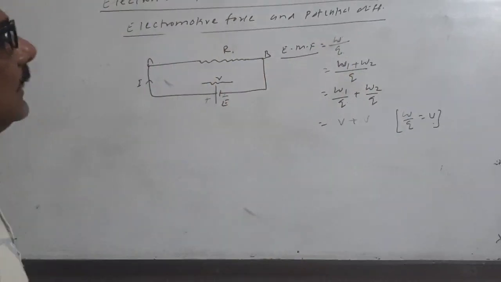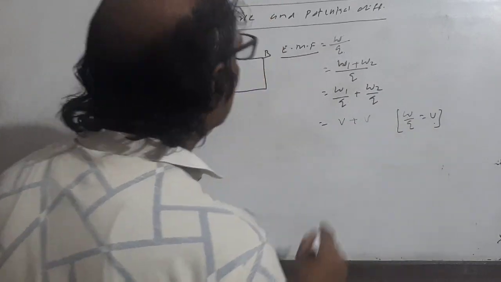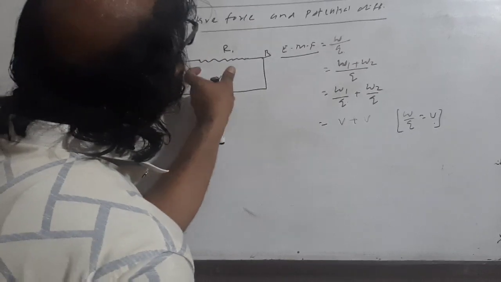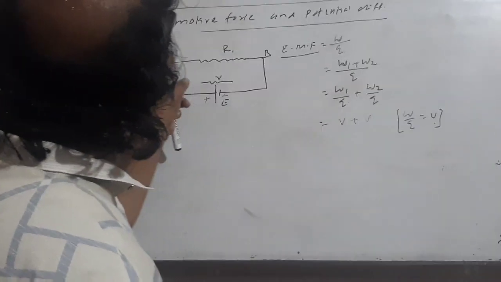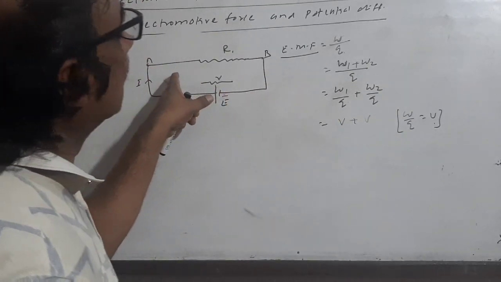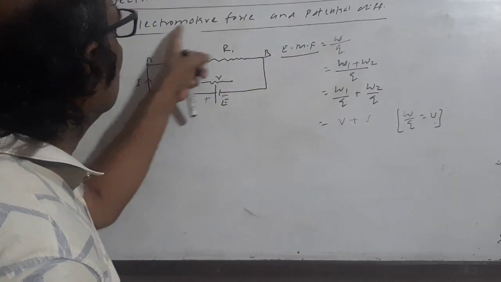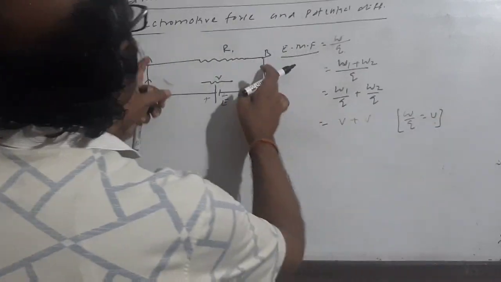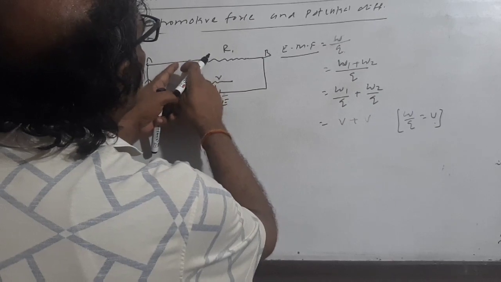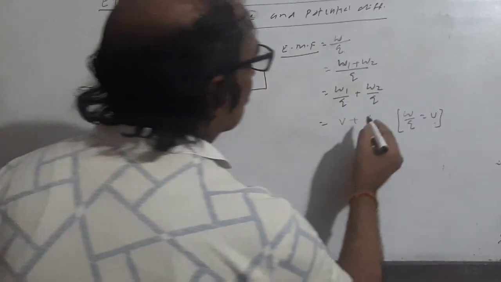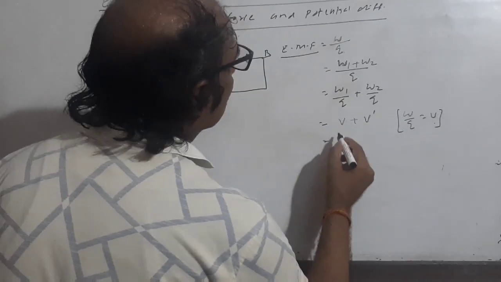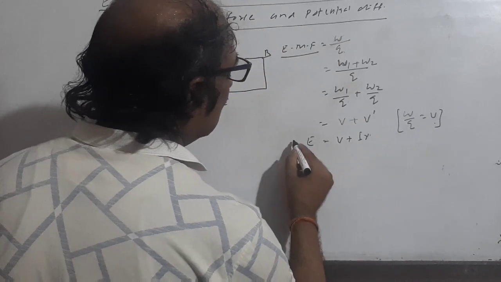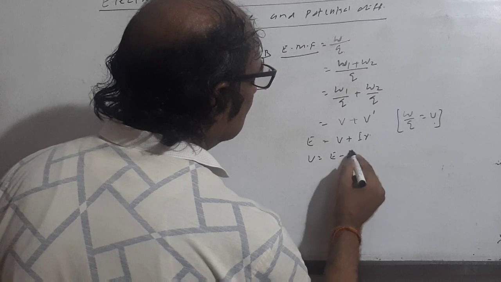So these two look similar, but here the work done is between the two points, or across the resistor, to flow the charge from point A to B. So there is a restriction. In EMF, there is a need for the total work done and the total path. And this is the work done for only the path like A to B, from the first point in the resistor to the second one. So this is the V, and in terms of V, voltage means current into internal resistance, so the equation V is equal to E minus Ir.